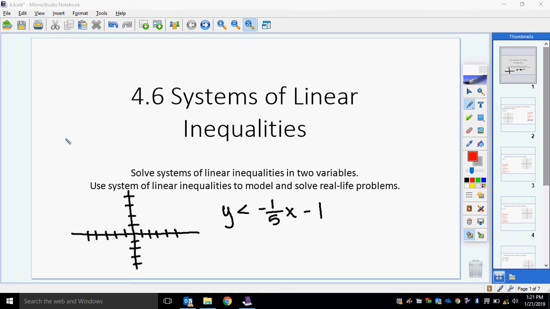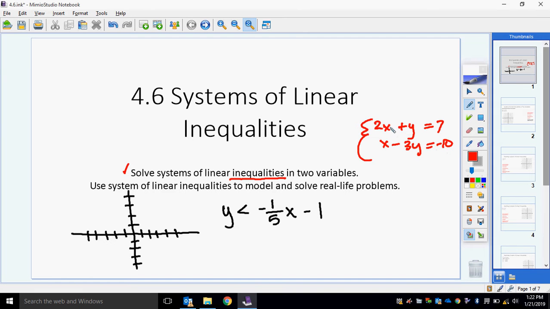Welcome to 4.6 Systems of Linear Inequalities. We're going to solve systems of linear inequalities in two variables. Remember that inequalities are different than linear equations. So we've been solving linear equations, right? And we've had maybe a 3 by 3 or a 2 by 2, and we've worked to solve those